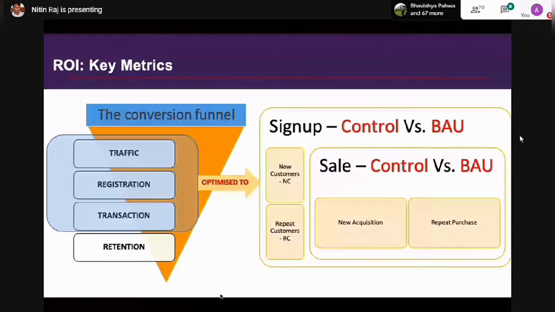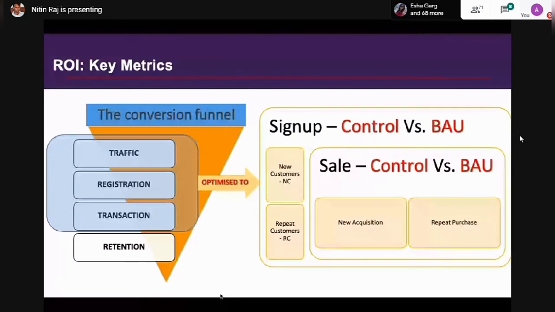No matter what app, website, or anything that you plan to build or market, there are certain metrics that you need to keep in mind in order to have a profitable growth. Because at the end of the day, there are two types of companies. Either they'll ask you, we want growth at any point of time, or they'll ask you, we want growth also, but we want it at a profit also. Sometimes you feel that they're in opposite directions. They're not. It can be done. It has been done by many companies.